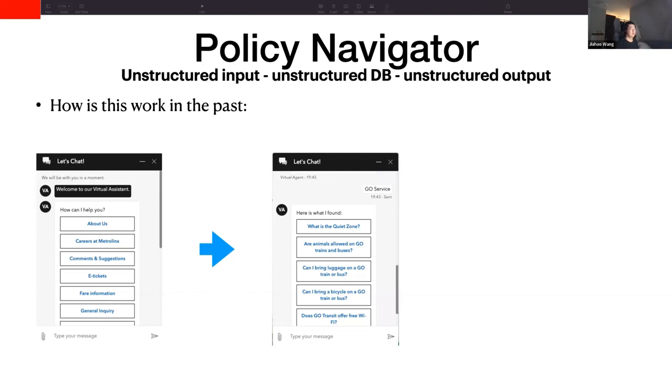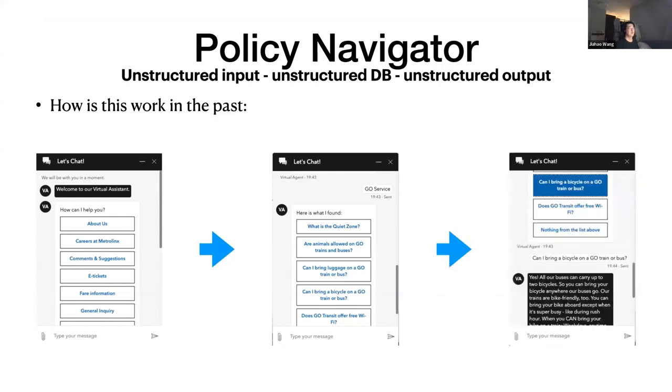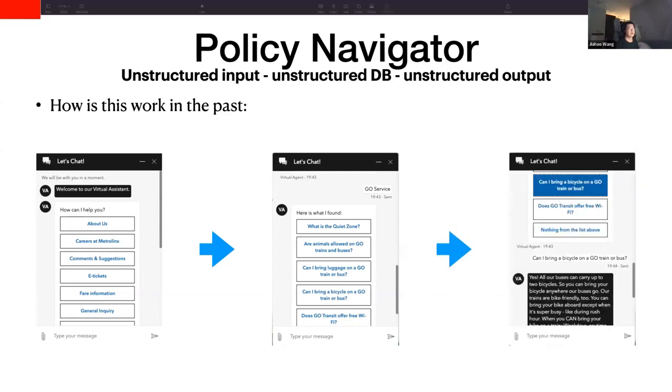There are a lot of questions, and I have to find the one most related to my question, which is, can I bring a bicycle on a GO train or bus? Then if I click that option, it returns a bunch of policies. It's not customized, and there's a lot of words to read.